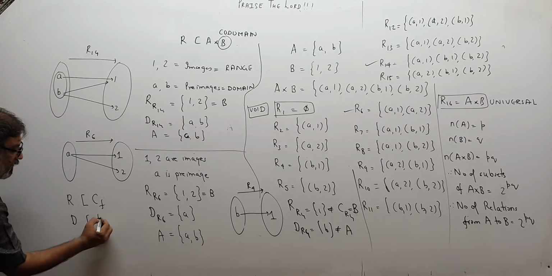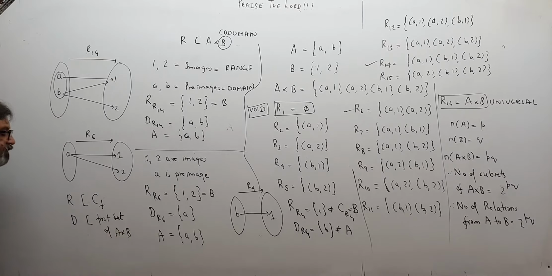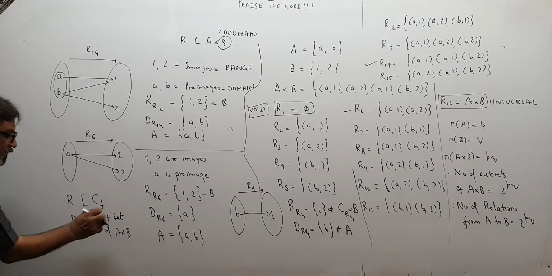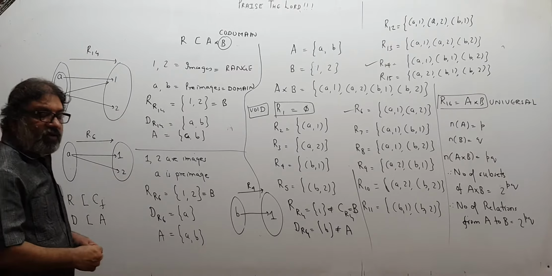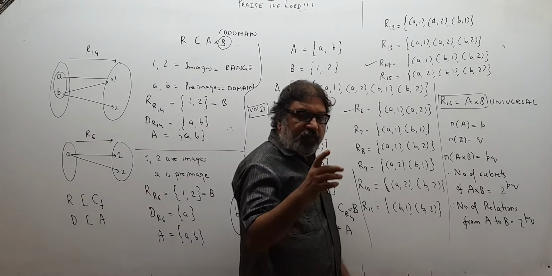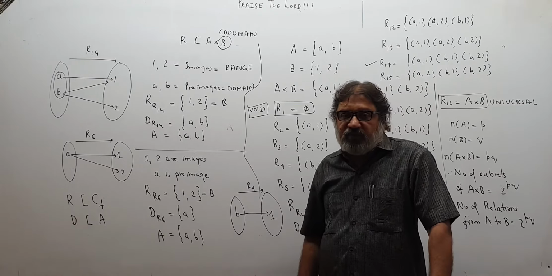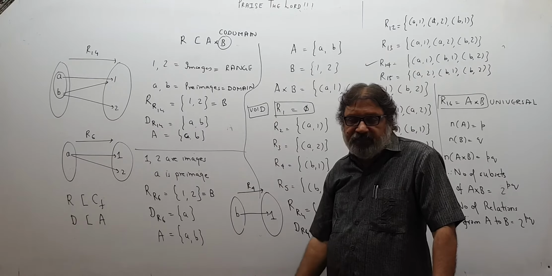I can write like this, the first set of A cross B. You can think like this. So the range will always be a subset of the codomain, and the domain of the relation will always be a subset of the first set of A cross B. First set of A cross B means A, like this you have to think. So I write over here, domain always a subset of A. You can think like this, where A is coming from A cross B. A is the first set, and your domain will be a subset of it.